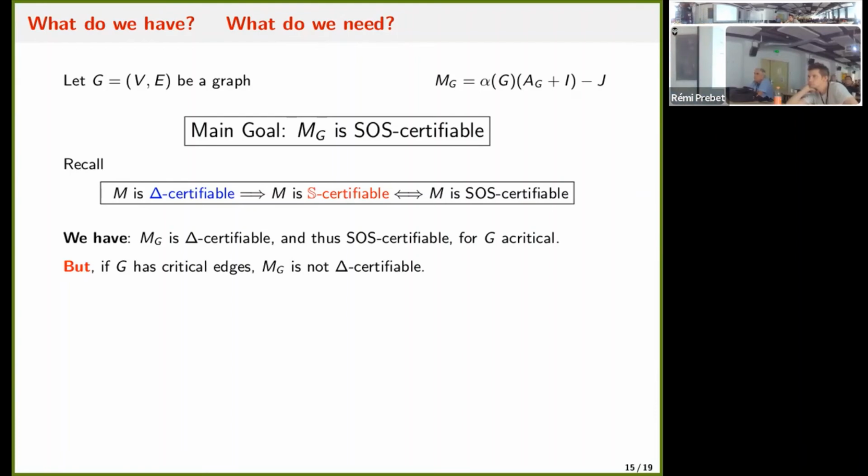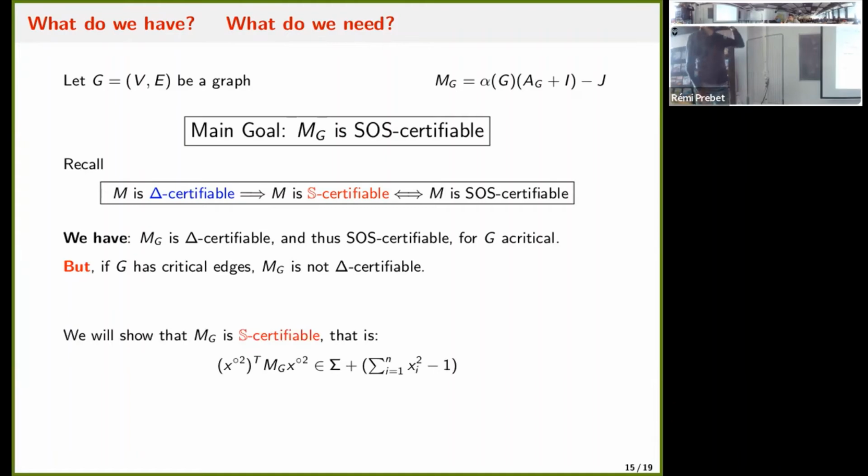So it's just a composite matrix with two values, actually alpha minus 1 and minus 1. Okay, so then the delta certificate is useful, but it's not enough for showing our main result. So we will show that MG is SOS certifiable. That is what we want to show, that the associated polynomial to MG belongs to